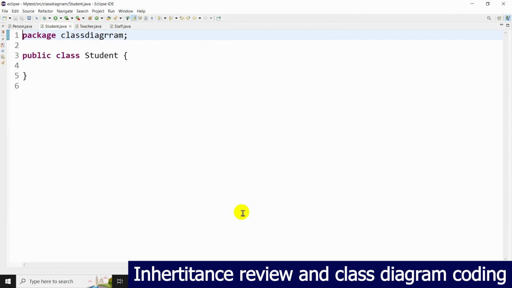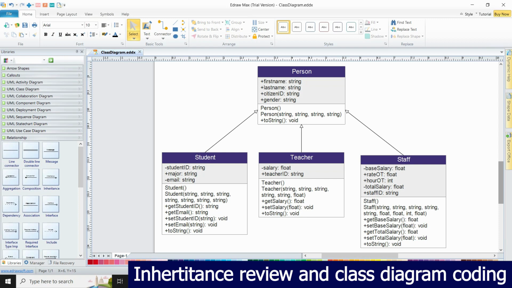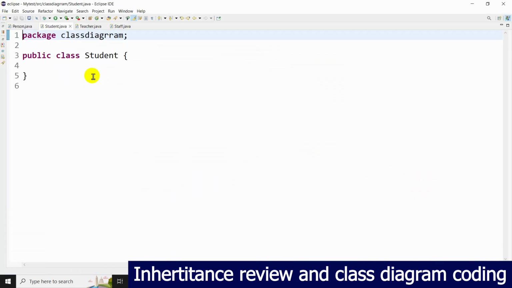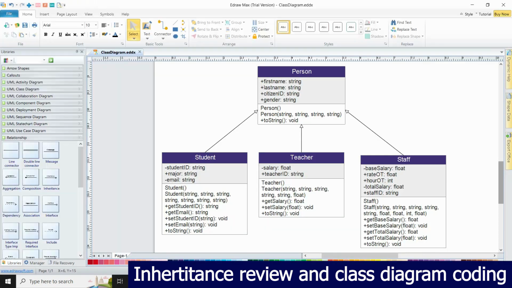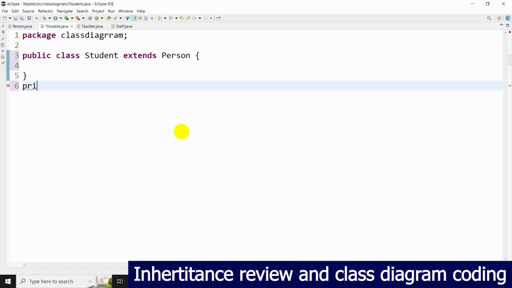And each of the classes extends from the class person, and for student, they have student ID, major, and email. Okay. Extends person. Okay. We have student ID. They are represented as private, as well as the email. Private